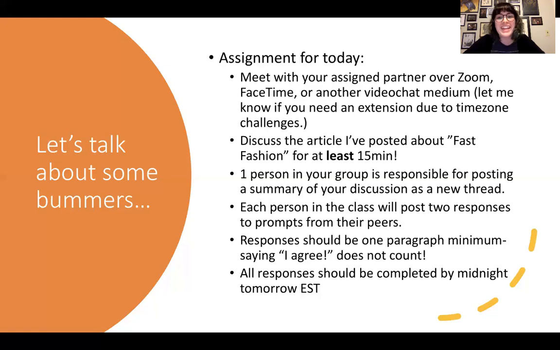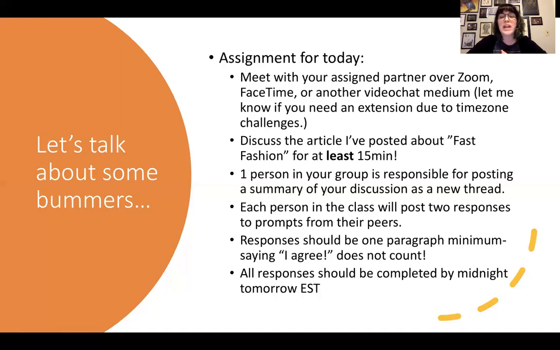That'd be cool. So after you've had your discussion, one person in your group is going to be responsible for posting, and I'm actually going to move my screen. I'm realizing now that it's in the way. Now I'm moving all around. So one person in your group is going to be responsible for posting a summary of your discussion in the discussion boards as a new thread. So have your conversation, one person post a summary of what you talked about as a new thread in that